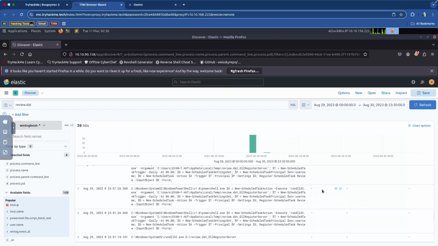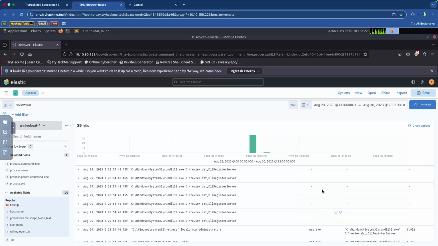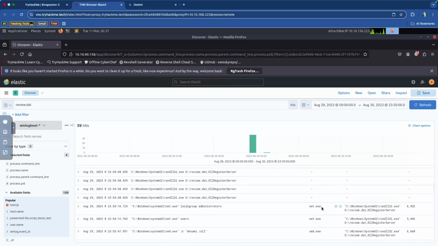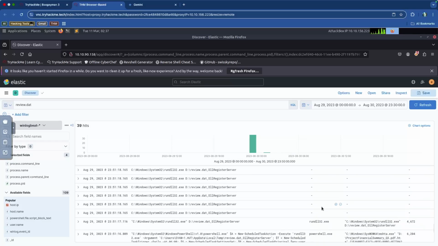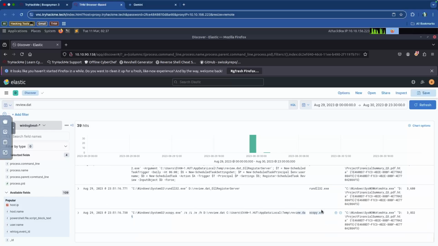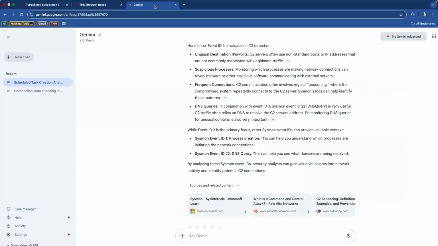We know what whoami.exe does. We know what PowerShell.exe does. So FOD helper is something that's interesting here. And of course we have the rundll executable, and that's pretty much it. Those are really the only ones that are available. So I'm going to copy this to use it exactly, and then we're going to refer to our handy dandy resources